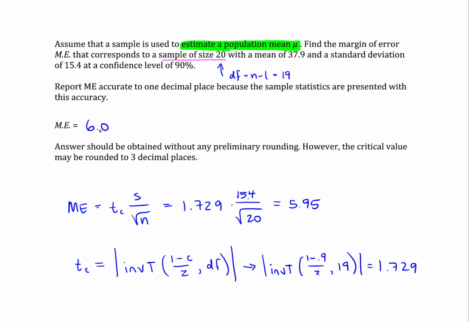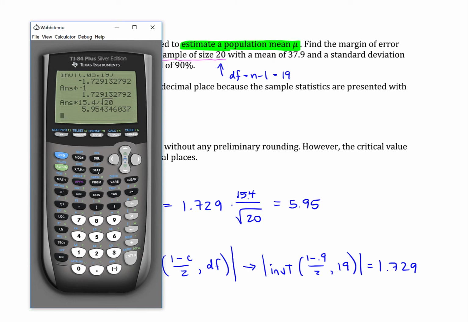Now, for those of you that didn't have the inverse t function, there is another function in the calculator. If you hit the stat button, go over to tests, and you come down to t interval. So this function will calculate a confidence interval for you. And basically, if you get the confidence interval first, you can come up with the margin of error from that. Let me show you how that's done. So switch over to stats mode. If you have an actual data set to begin with, you would select data, but here we just have stats.